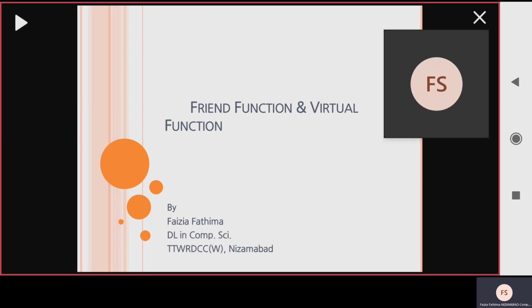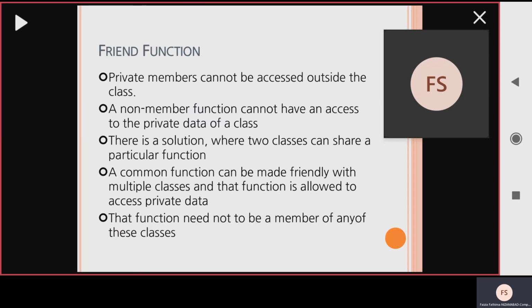What are we doing in functions? We have a set of statements to solve some problem, and that particular function is called from main. Whatever we have, the calling part of a function is in main. We already know a function is divided into three parts: function declaration, function calling, and function definition. When the function calling line executes in the main function, the particular function definition part executes. So here we are going for the first one, friend function.